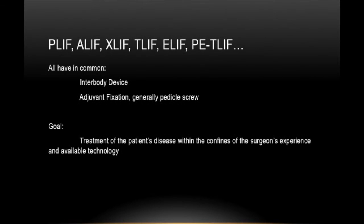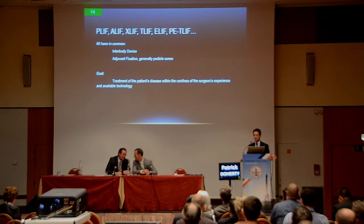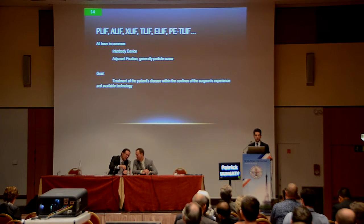I want to just hit upon these devices and one of the options that is available to us now. These all obviously have in common that they have an interbody device and some type of adjuvant fixation, most often pedicle screws. The goal for all of these techniques, and no one can choose one or the other, we have no good evidence for which one is best, as Dr. Alon said. The goal is obviously the same: treat the patient's disease within the confines of either your own experience